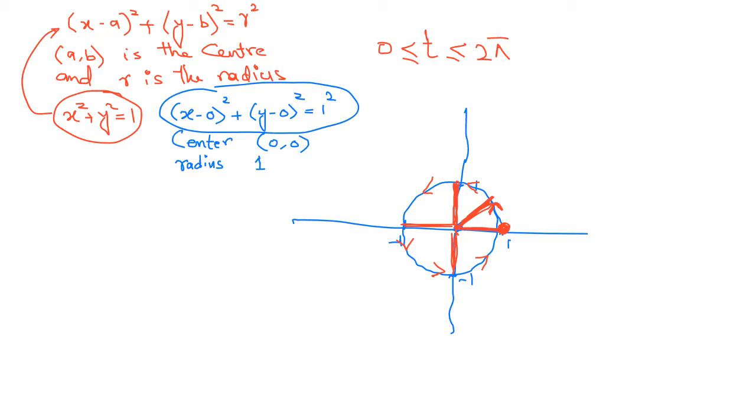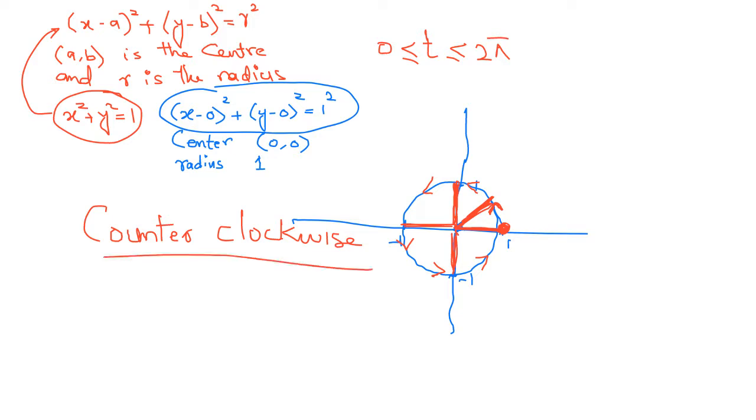Okay, so this is the orientation of the circle. What is this direction called? This direction is called the counterclockwise direction, because it is opposite of clockwise. You can also call it the anti-clockwise direction. Okay, so that is how we got the graph of these parametric equations by using the parameter.